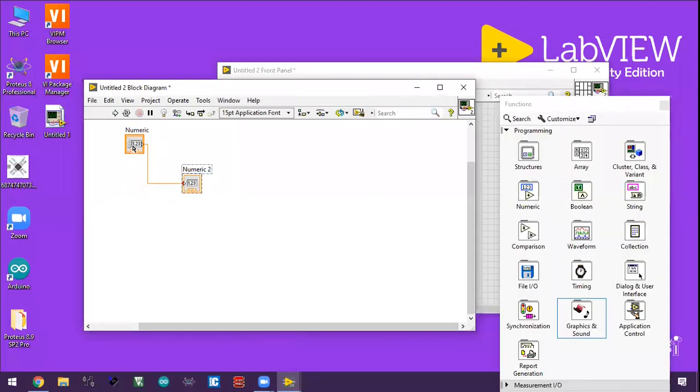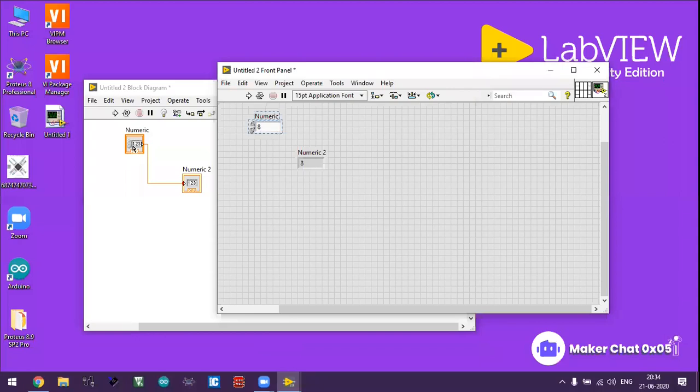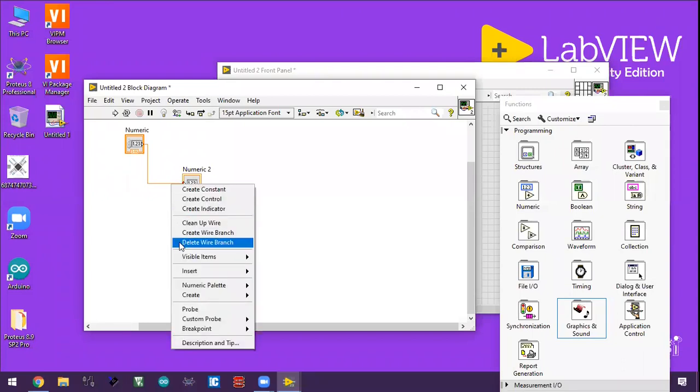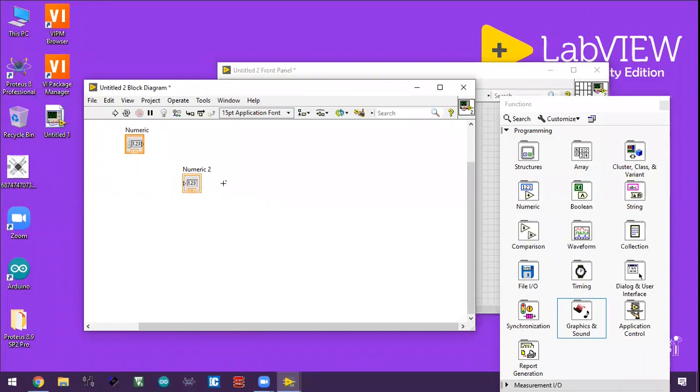If you double click on this element, you will be redirected to the front panel automatically. If you double click on it, wherever your element is on this whole area, you can identify it over there. So now I am going to process some other things. I am clearing a wiring branch.